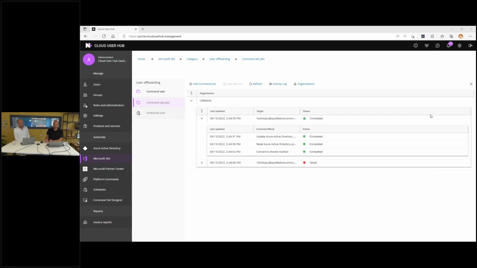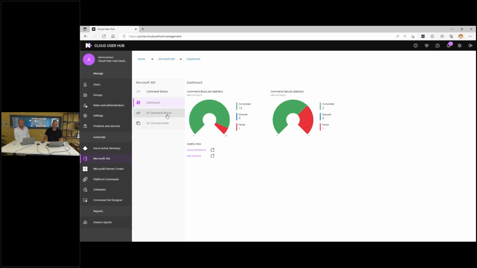Now, one of the aspects you already mentioned a couple of times, but I didn't show you yet, is the scheduling. Because what you see me do on screen right now is all quite interactive. Now let's think about, you want to report on settings of multiple tenants. And one of the things that immediately always came to mind was secure score. You want to track the secure score of all your tenants. Yeah. Now you can of course log into the tenant, check it, export the data, make a Power BI out of it, etc. That can all be done.